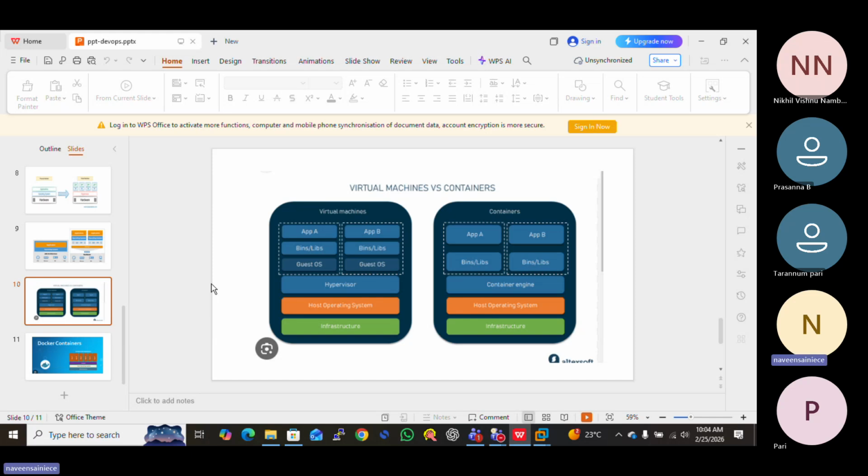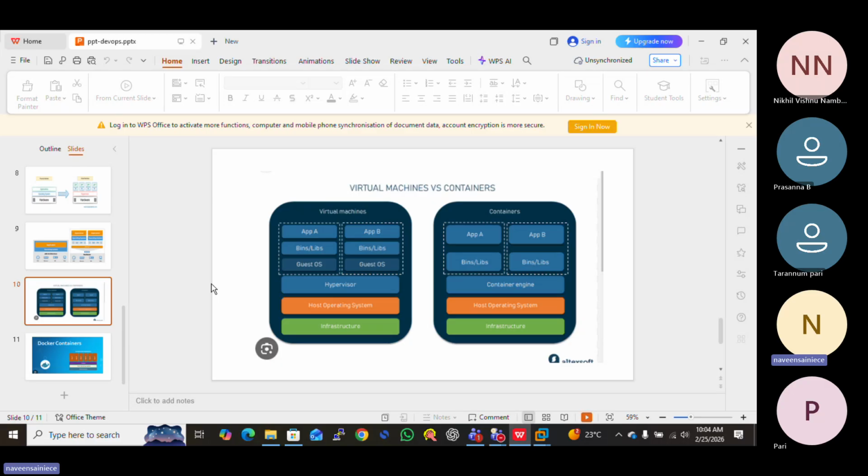If you see here application A and application B, those are different applications running on the same hardware. Because the operating system is different, these applications are isolated already.